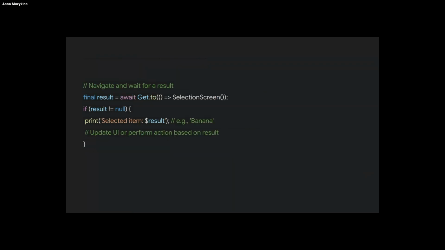And secondly, returning results back from a screen. This is a common pattern. You open a screen to select something or enter some data, and then you want the selection or data returned to the original screen. GetX makes this